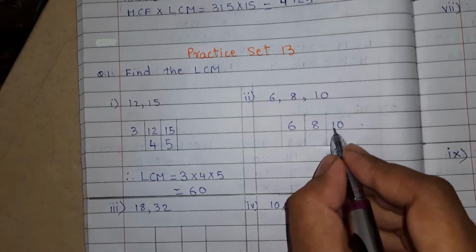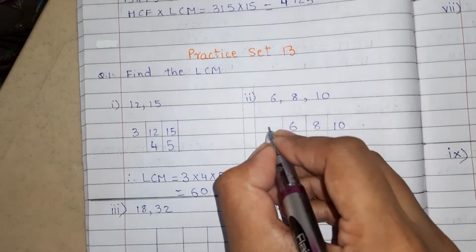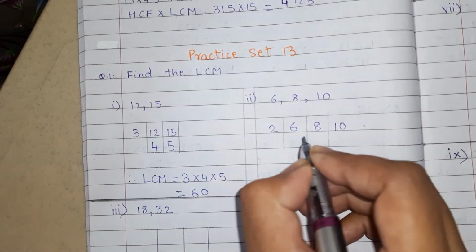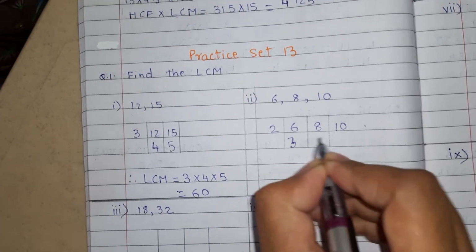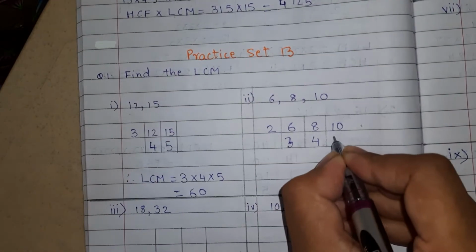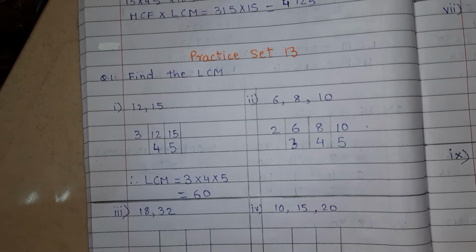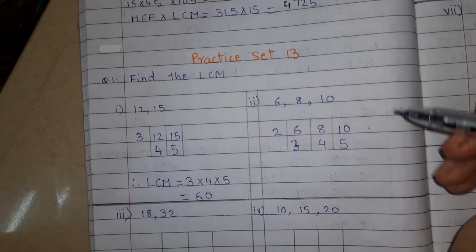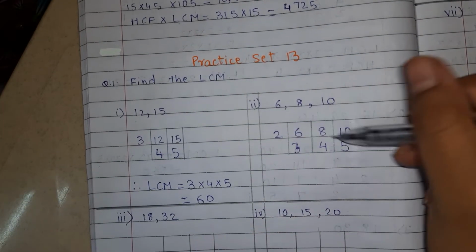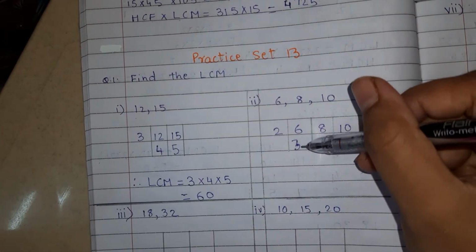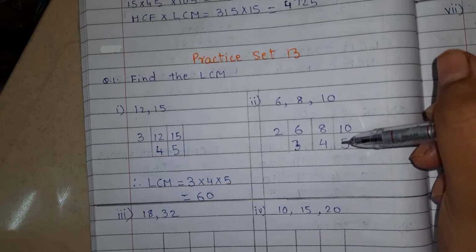Next one. 6, 8 and 10. What is the first factor of 6, 8 and 10? It is 2. 2 3s are 6. 2 4s are 8. 2 5s are 10. So, if we are finding HCF, then the problem will end here only, because 3, 4 and 5 does not